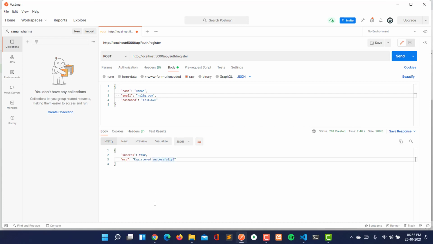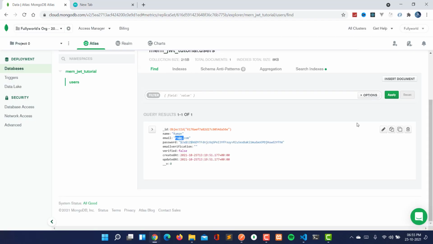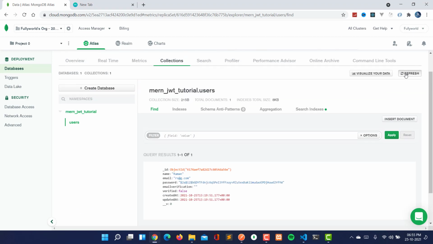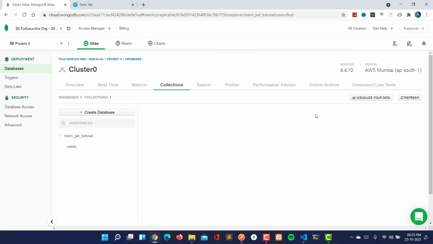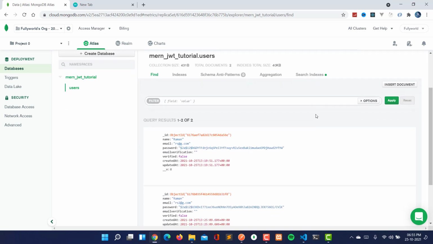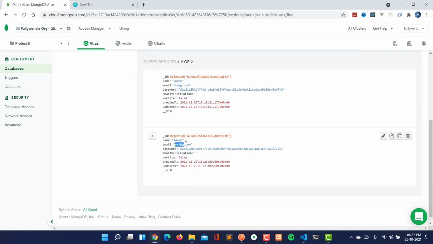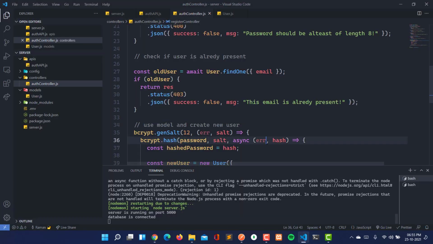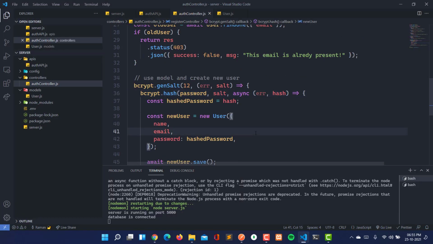Here we are getting registered successfully, and whenever I refresh this, we get the second object with rs2@g.com.